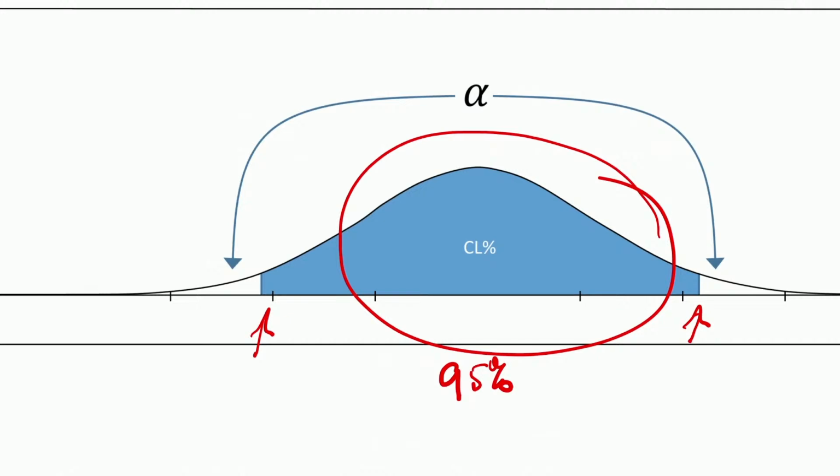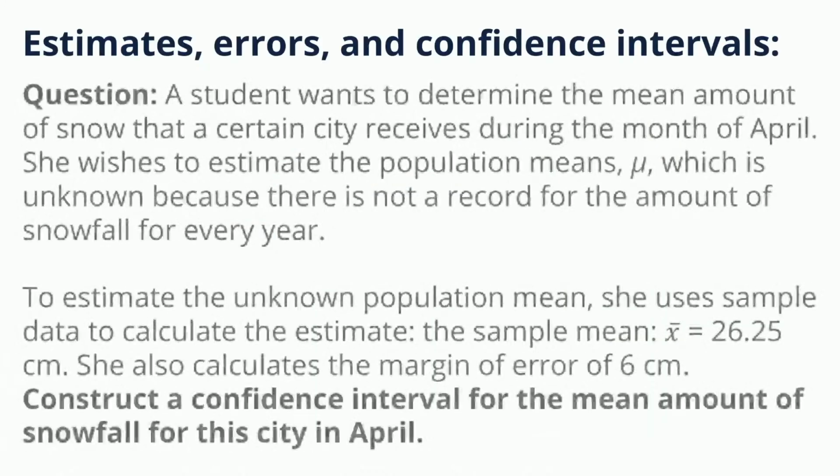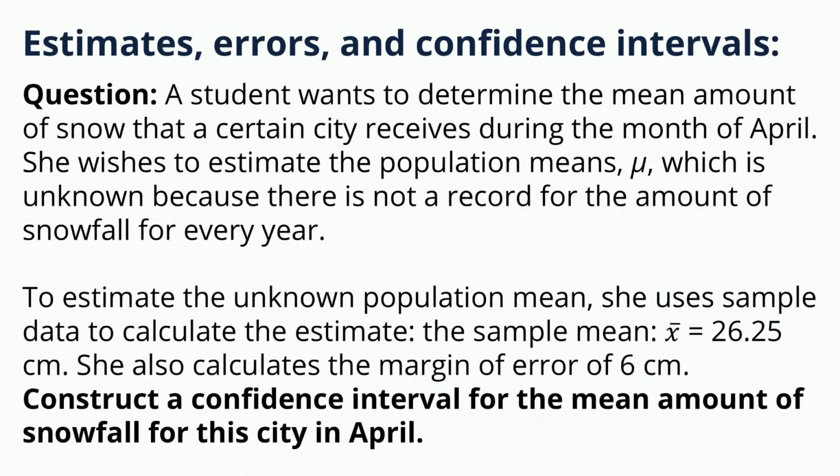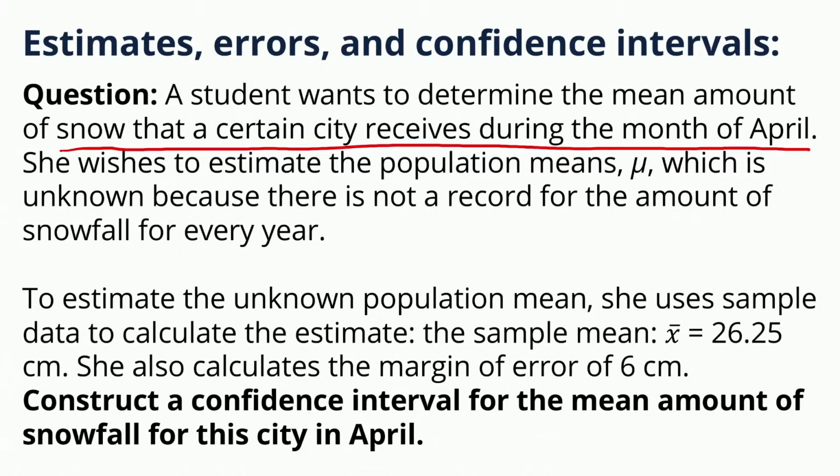Okay, so moving on. Do I want to do that? Yeah, why not? There's a lot of words on this, so bear with me. I'll circle the numbers, though, because that's what really matters. So we're interested in, let's see, what are we interested in? The amount of snow that a certain city receives during the month of April. Of course, this is probably changing due to climate change, but for now, we could look at historical averages, couldn't we? So to do this, she uses sample data and finds that the mean of the sample data